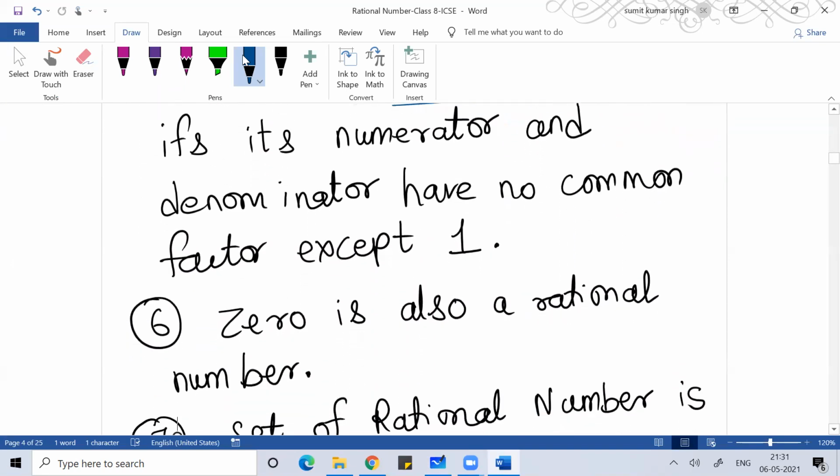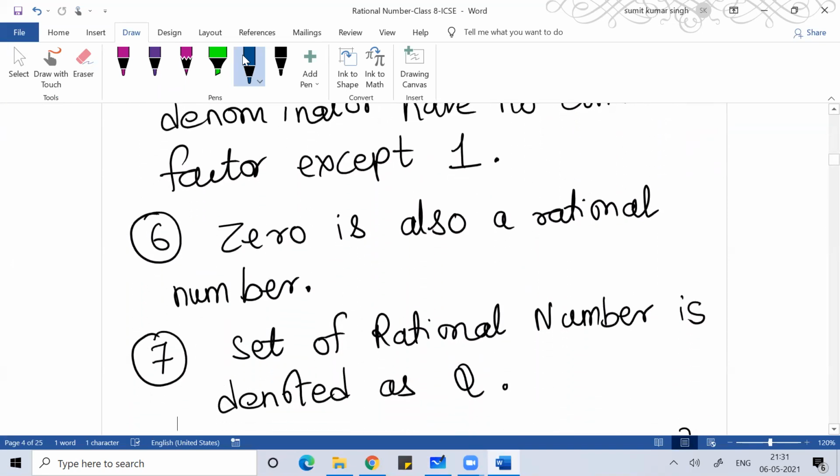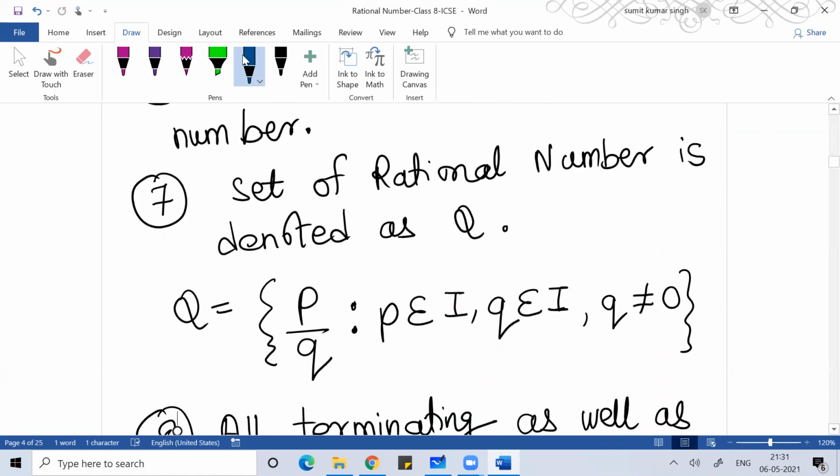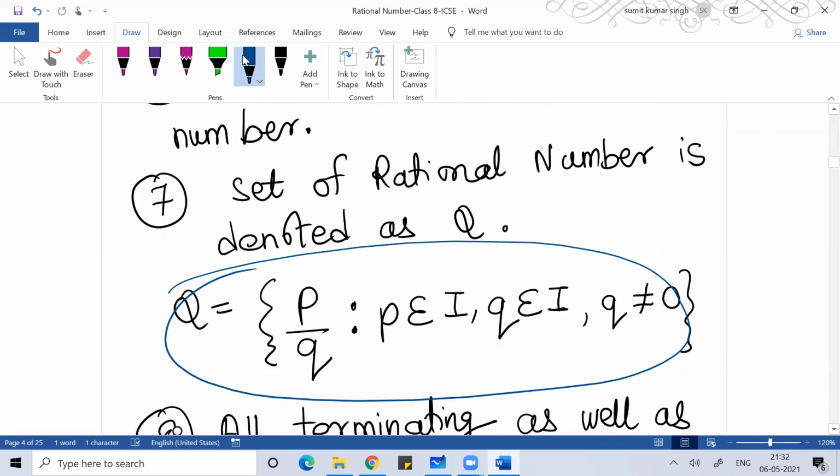Okay. So 0 is also a rational number. You know that part. Then in set theory, you studied two forms. One is roster form, another one is set builder form. So we can represent a rational number in the set builder form like this: a rational number is in the form of p by q, where p and q should be integers and q should not be 0. Here I means integer, and belongs-to symbol means belongs to. I hope you remember the concept of set theory. It's not very long ago that you studied this concept.